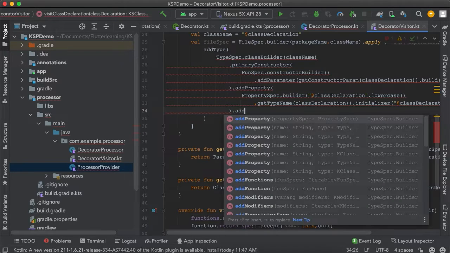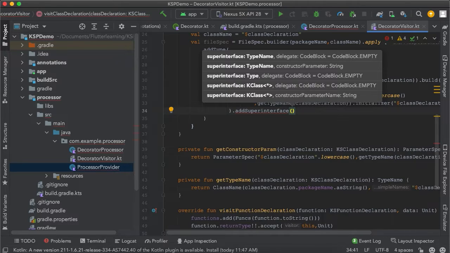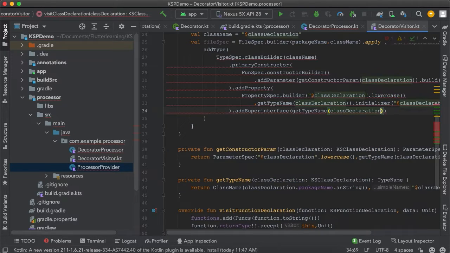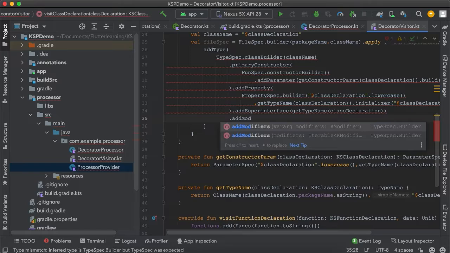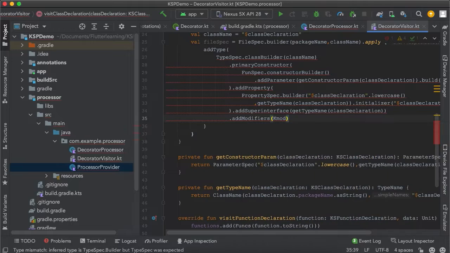Then we want our class to extend the interface that we will annotate. Let's do this using the addSuperinterface. We'll add public and open modifiers to it. First let's add the super interface. To do this we will use the getTypeName, and then let's add the modifiers. Let's use KModifier.OPEN, and again we need a public modifier. Let's add that, KModifier.PUBLIC,